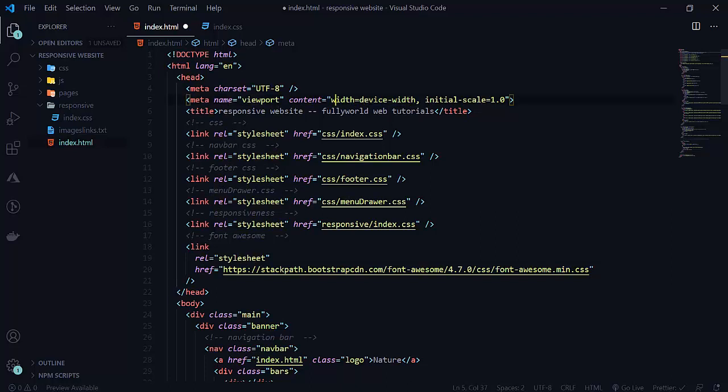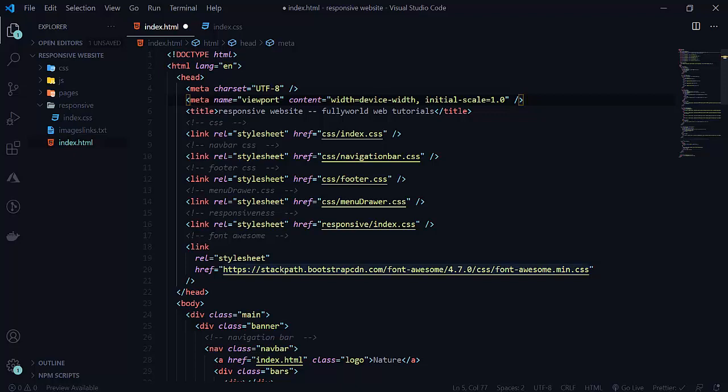So the width will be according to our device width, and initial scale is 1, because with initial scale 1 it will be a normal image, not zoomed in or zoomed out, you can say.